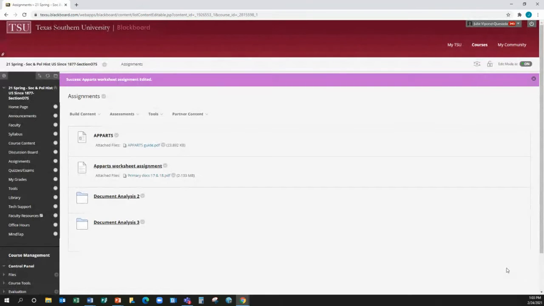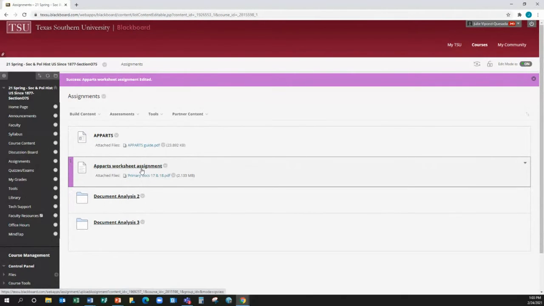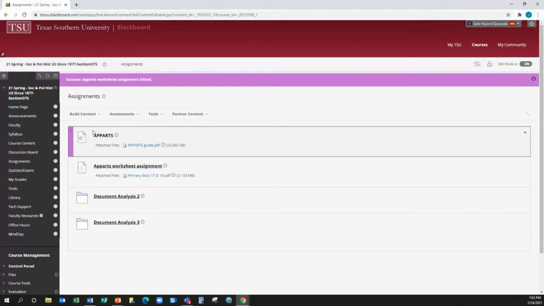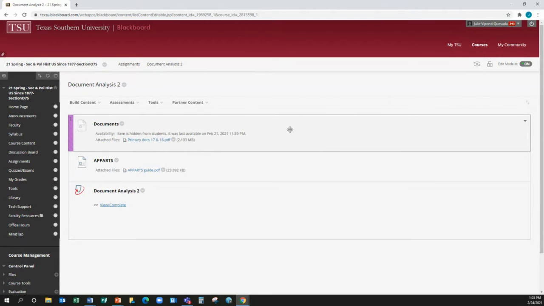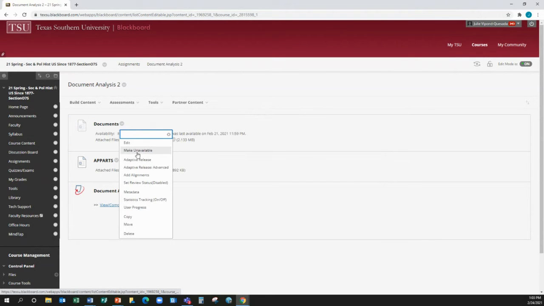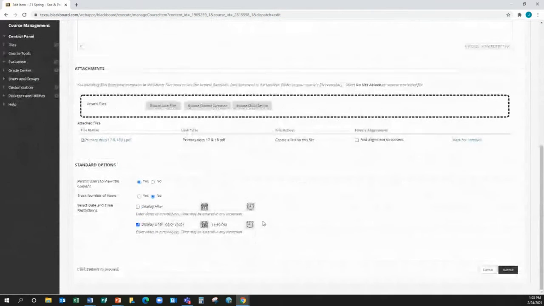So there we go. You should be able to see it now. Can you see this one though? Yes, because I see the document analysis too. I'm looking at the other one now. Okay, it's there. So this one is for the assignment you already did. That's why you couldn't see it. But this one here, click on. So this has always been available. You just use that as a guide. If you click on the folder for document analysis 2, that's hidden as well. Okay, it was the fact that the documents were hidden. Okay.